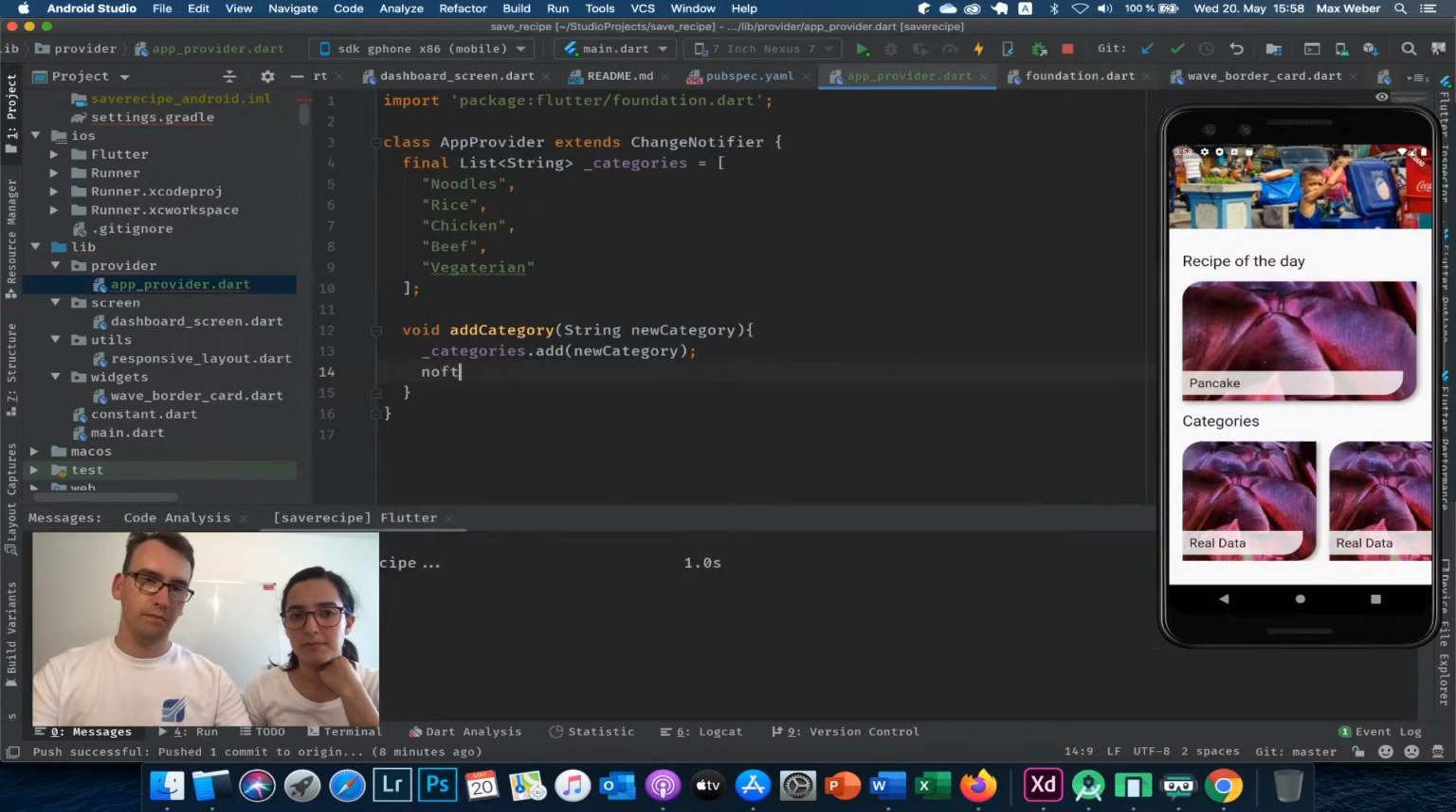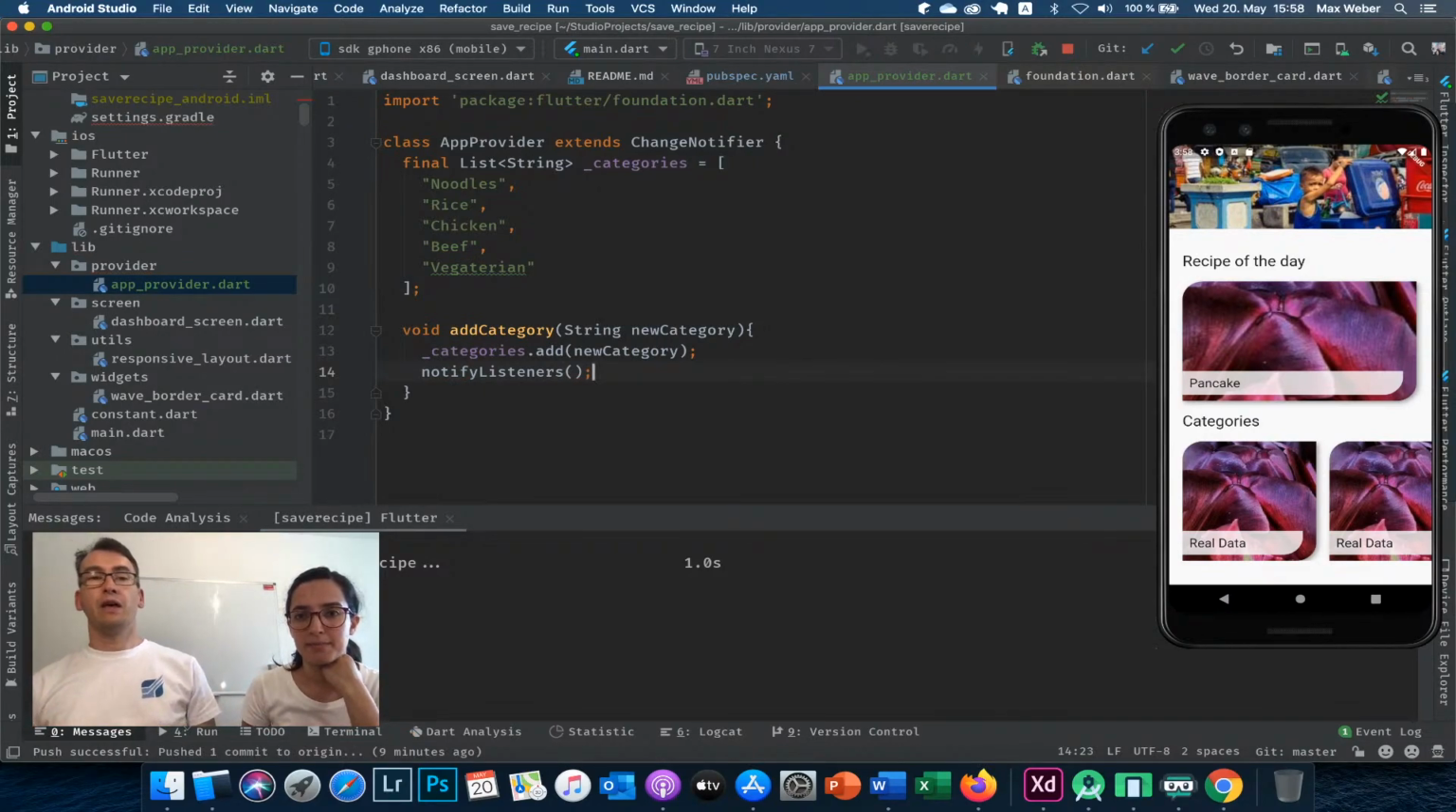So for that, we call notify listeners. Exactly. And last but not least, because this is a private variable,